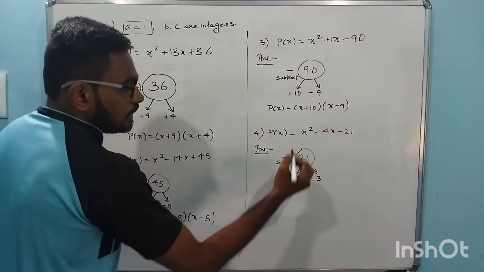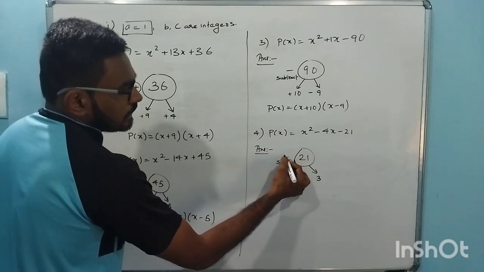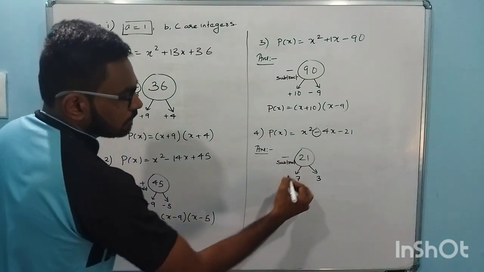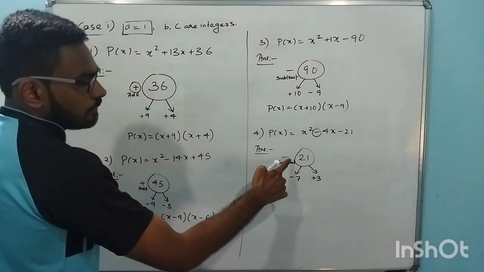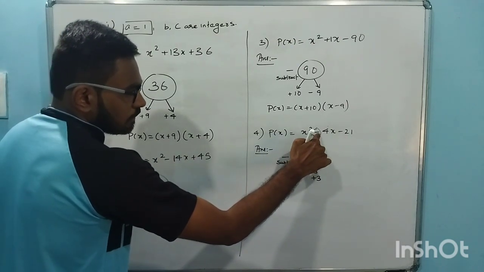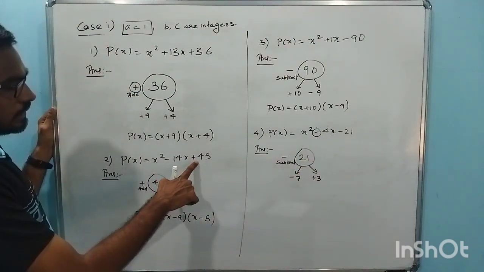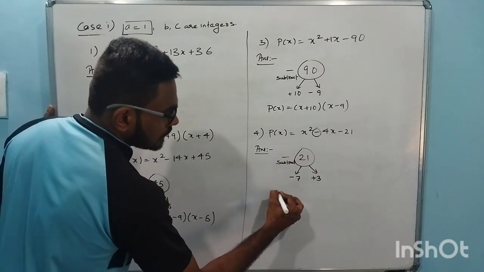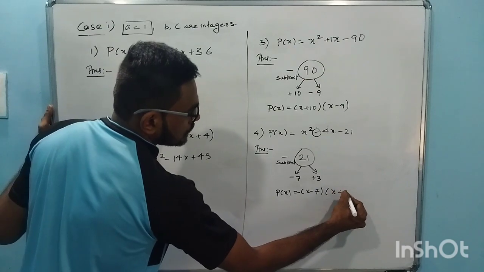So after that, this minus sign. Okay, since this is minus sign, this sign you should give to bigger number and other sign to smaller number. Minus 7 plus 3. Okay, for this means if this is minus, then this sign you should give to bigger number, and other sign you should give to smaller number, and in place of plus, this sign you should give to both the numbers. Okay, after this is done. So x minus 7, x plus 3.